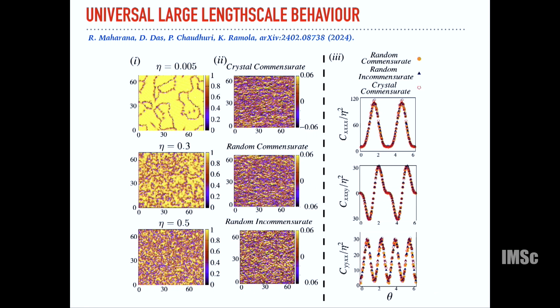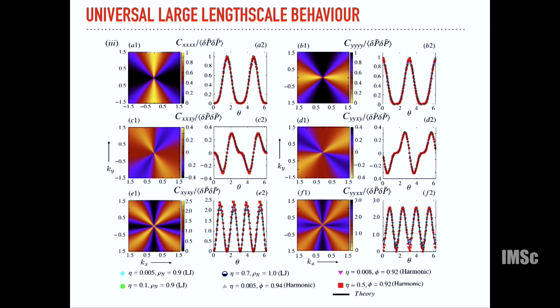But at very large length scales, because this is the small q behavior, integrating around small q, you get universal correlations. So this large length scale behavior you can actually do in multiple ways. You can divide by the pressure correlations, and it turns out that if you divide by the pressure correlations, all the data collapses onto one master curve, regardless of what packing fraction you started with, regardless of what disorder